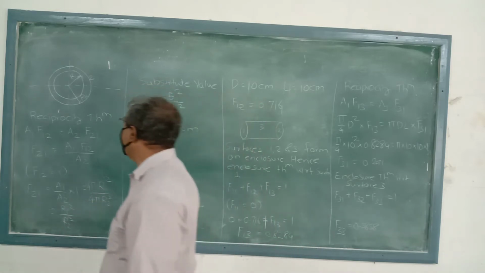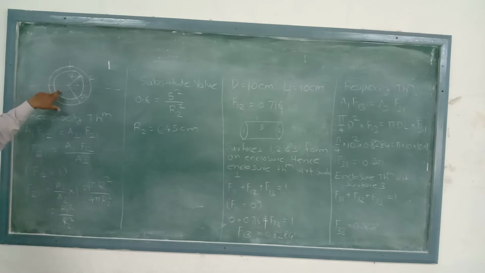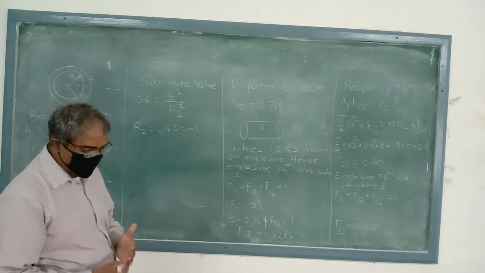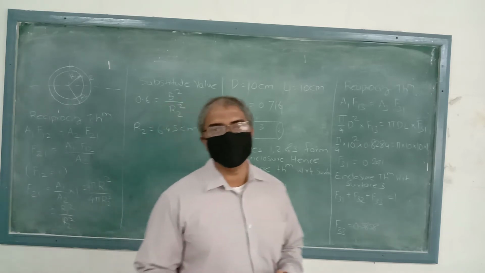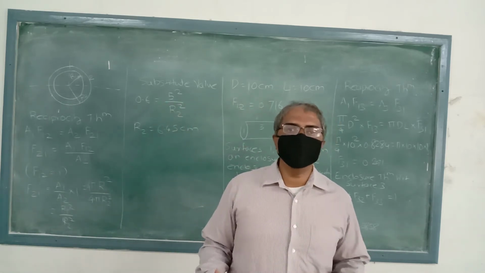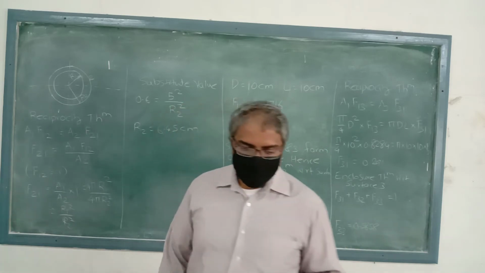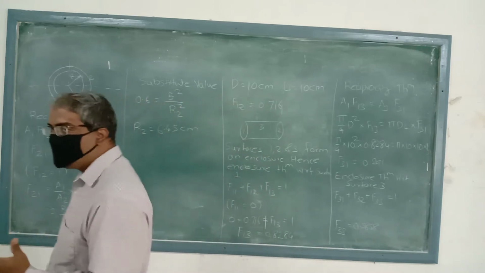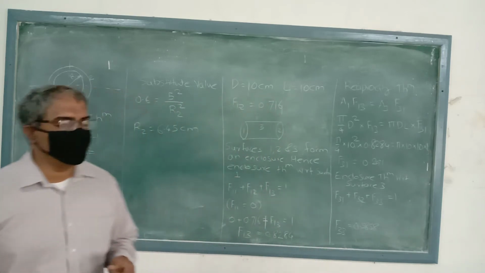First of all, I have drawn one figure here. In this figure you can see the first sphere with radius r1, and the second sphere, which is the outer sphere, with radius r2. Now in this numerical they are giving one radius. By using this one radius and the shape factor, we have to find out the radius of the other sphere. So they are asking you to find out the radius of the outer sphere. Let's see how we are going to find it.